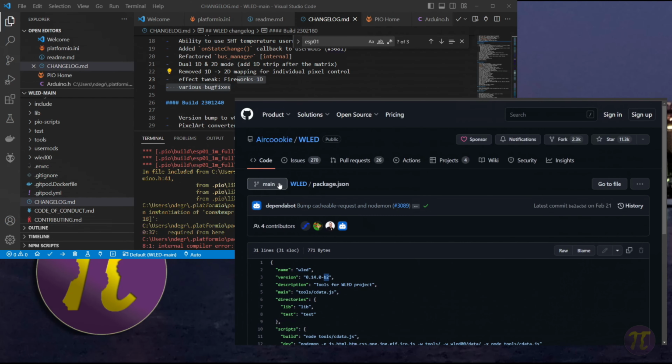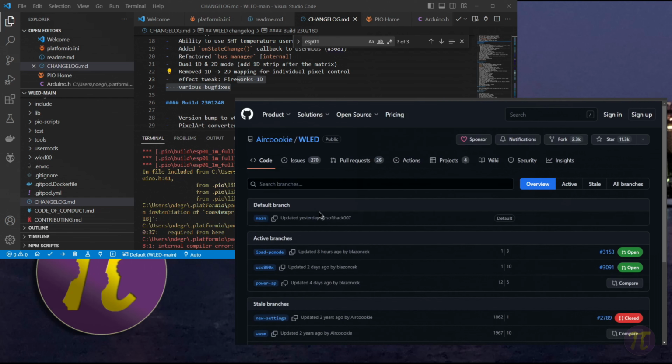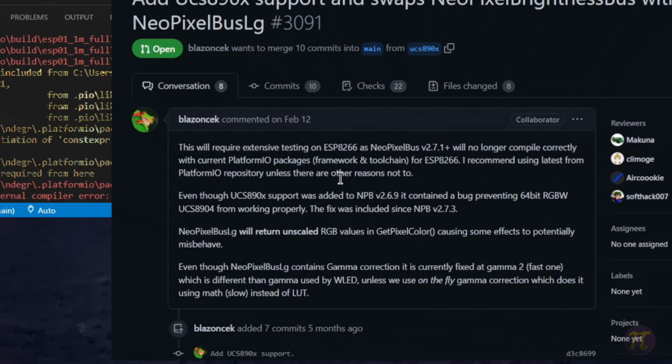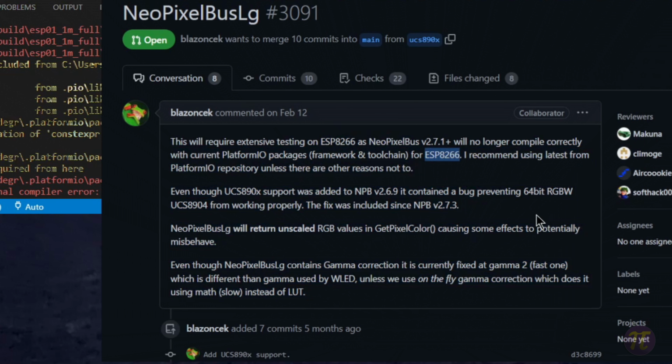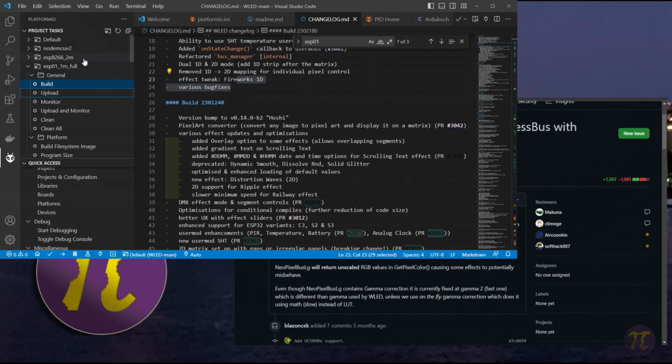So if I was to download this and run this, and I'll actually show this here in a little bit, if I have an ESP32 board, it's no problem, that'll work. But if I actually downloaded this main and took a look at some of the comments, what I'll notice is that right now the main is broken for ESP8266 builds. Essentially, they were updating the NeoPixelBus libraries, and for some reason, the NeoPixelBus libraries will no longer compile correctly for ESP8266. So if I was to pull down main here and run this for an ESP8266 build,